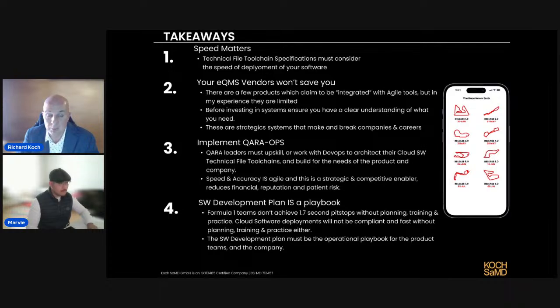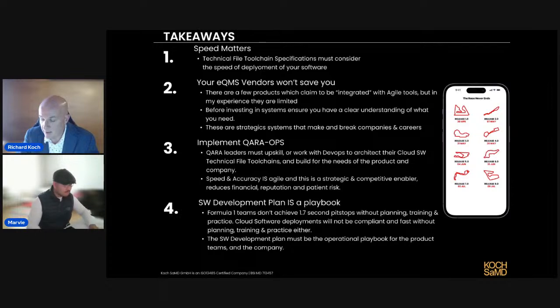but life has moved on. And in areas of planning tools, planning documentation, just generally in your QMS or specifically on your technical file toolchain is really important. And as we said, these tools which allow you to compile very complex and large sets of documentation text are available, and the automation tools exist to deploy them. But the QARA people need to really complement their skill set with skills from the DevOps department.